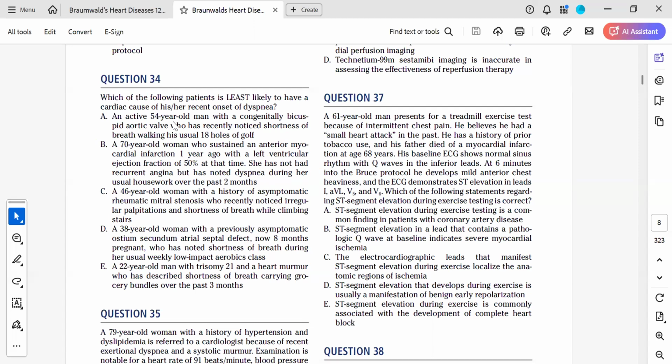Yes, so I just wanted to comment on a few things. I agree with the correct answer being C. When you were explaining, you mentioned the criteria for diagnosing a positive stress ECG. But one important thing to note is that as part of the normal response to exercise, the J point depresses. So when you are reading the ST segments to determine whether it is a positive or negative stress test, you look at 60 to 80 milliseconds after the J point. That is where you take your ST reading. Some texts will say 60 milliseconds, some will say 80 milliseconds. So it's not the mere presence of an ST change, but an ST change at J point plus 60